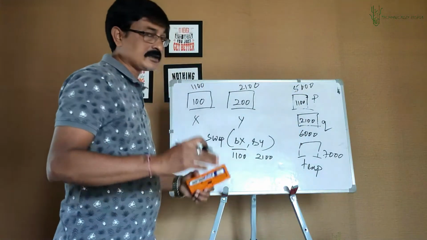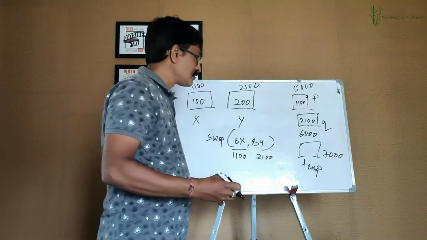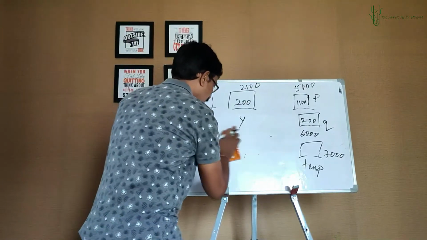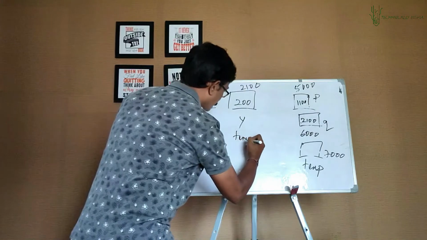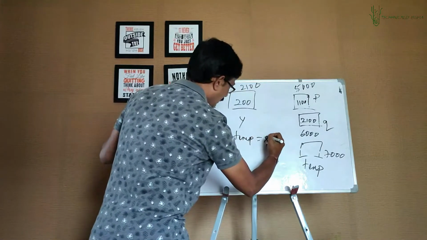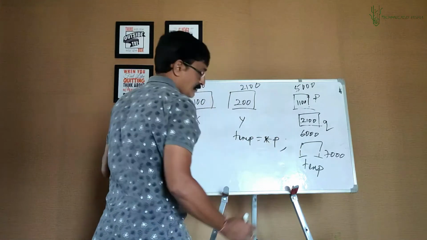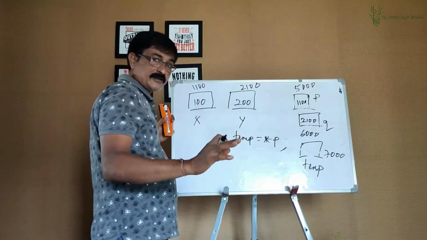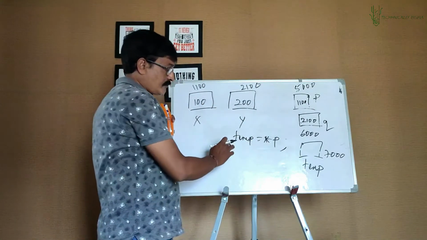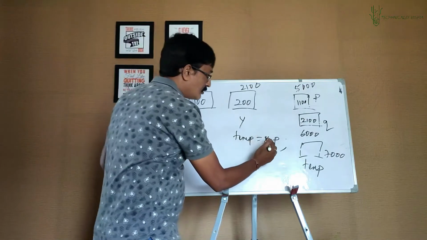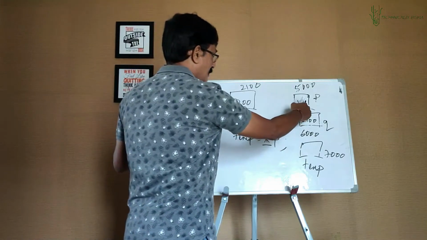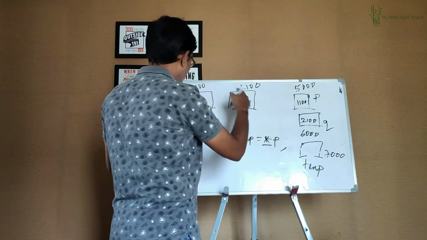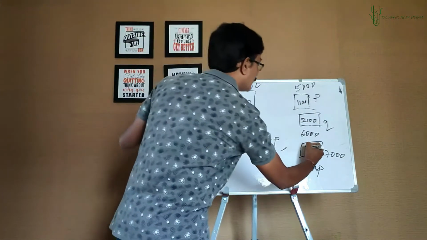Now the first statement, try and recall, temp equal to asterisk p. This was the statement, right? What happened? The moment you say temp equal to value at where p is pointing, p has the address 1100. So value at 1100 is how much? 100. So temp will have the value 100.